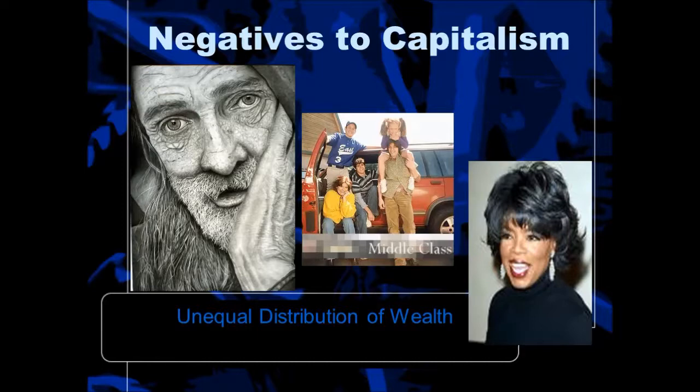And then you have this group in the middle, the disappearing group, the middle class group, who is so far removed from the groups on either side of them that they're not even comparable. So you have this giant gap between the poorest of the poor, the richest of the rich, and everybody in between.